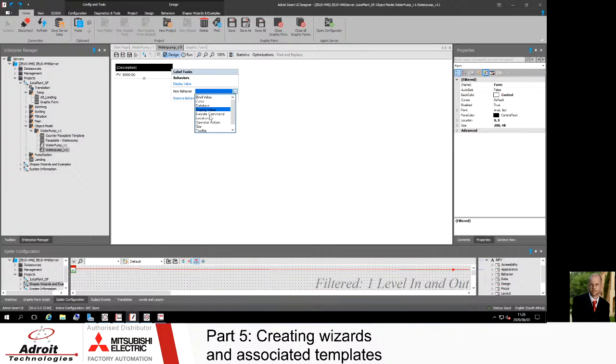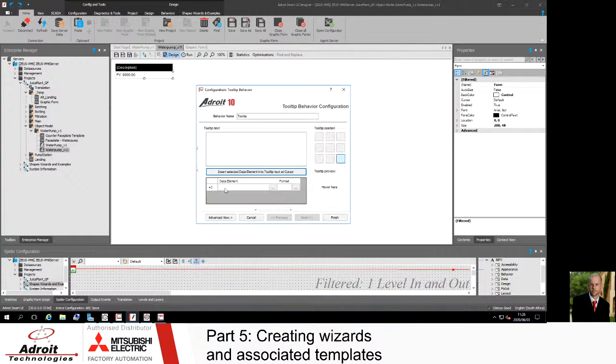I'm going to create a tooltip on here. Under the tooltips data element, I'm going to paste that data element in, but I'm going to take out that value and put in unit as an example. So inside here we can then place that unit of measurement, and then if I click finish